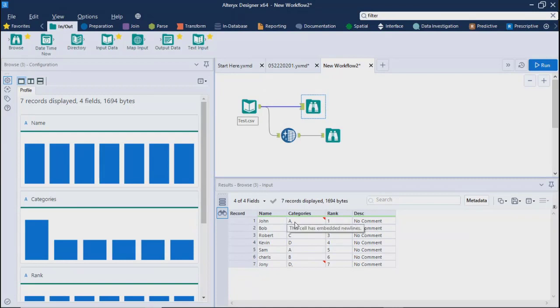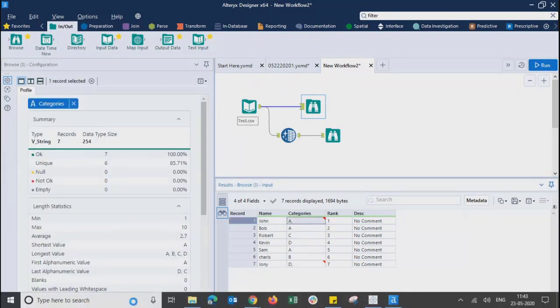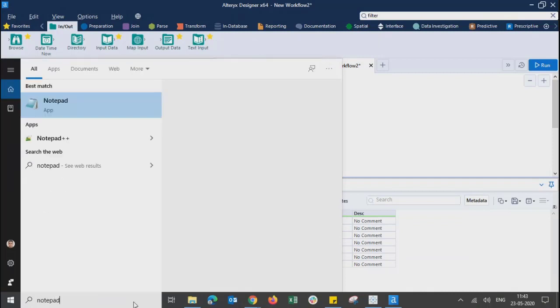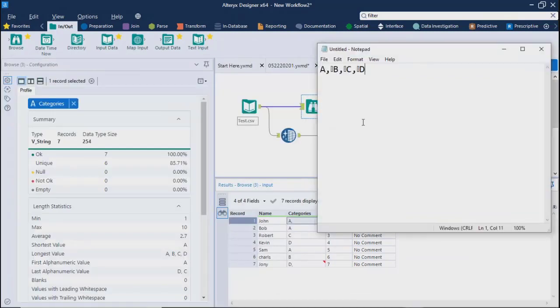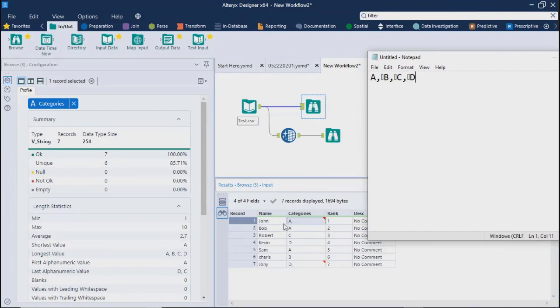So the overall value under this cell, let me just copy and put it into notepad. It should have all the values with A comma B comma C comma D. I just copied A, what you can see over here, but it has all values which are hidden in other lines. I'm not able to expand this line.